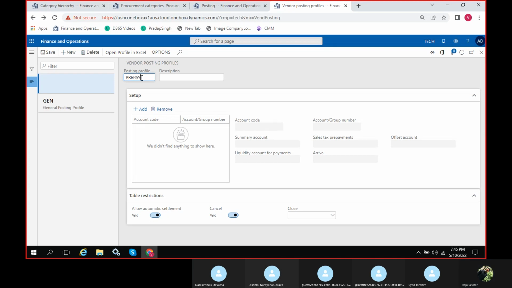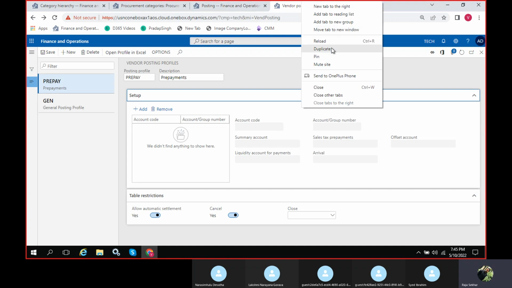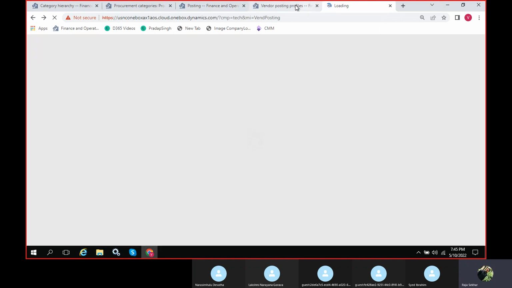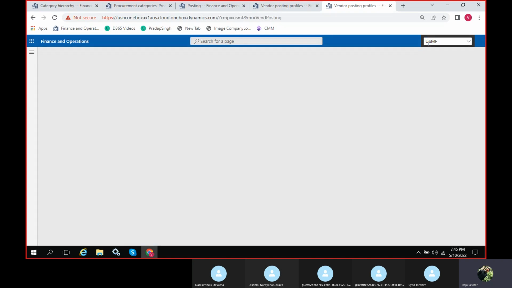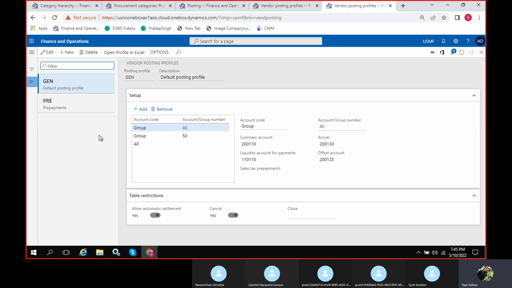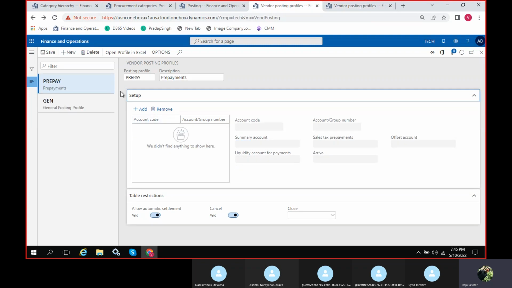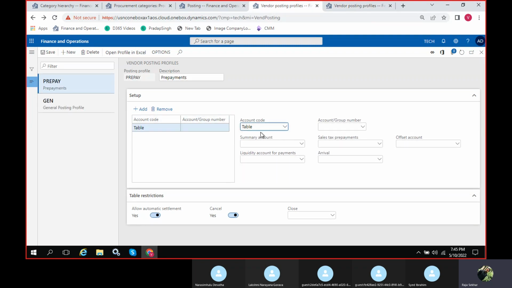Prepayments, and what you do, just give the account the same way you have given for this one, and I'll take some accounts here, some summary accounts, and I'll take group local only.